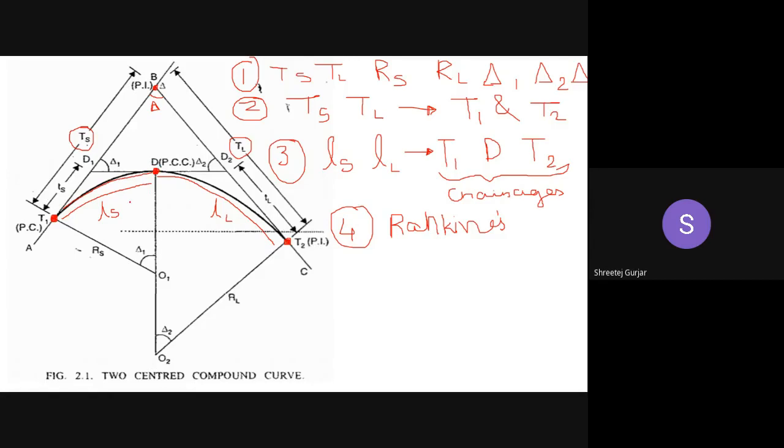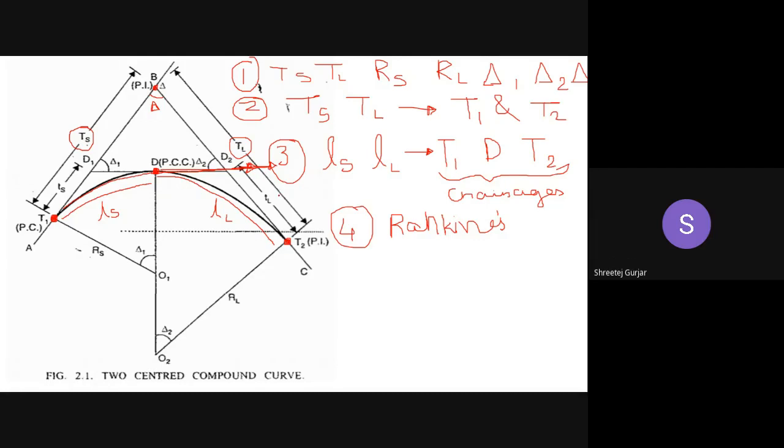Then once that is done, you have to move your theodolite, or you can change the location of your theodolite from T1 to D. Okay, set your theodolite at point D. Now we have to do some arrangement so that our line of sight is in this direction, right? So that we can set our second curve. You have to make sure that the line of sight is in this direction, from D to T2. So to set in this direction, we have to follow some particular steps.